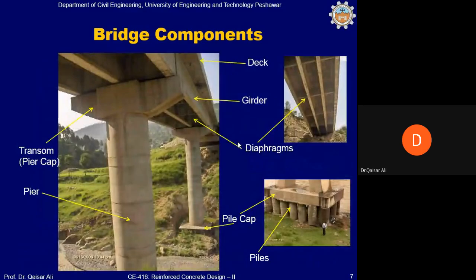This is an actual picture of a bridge. You can see different parts of the bridge. The bridge deck is actually the surface, as I said earlier, on which the vehicle runs. So this is basically a slab, and you can see a number of girders in this system. There are 1, 2, 3 girders here. Here 1, 2, 3, 4 girders. So these girders are then